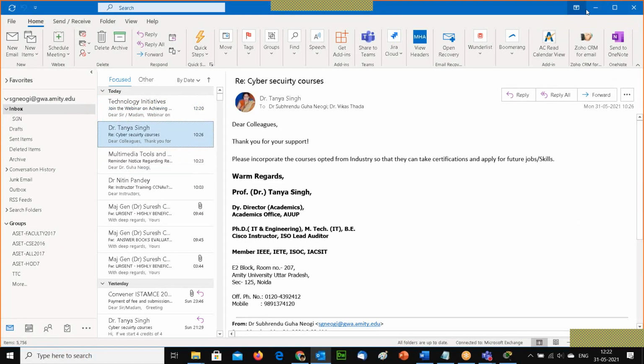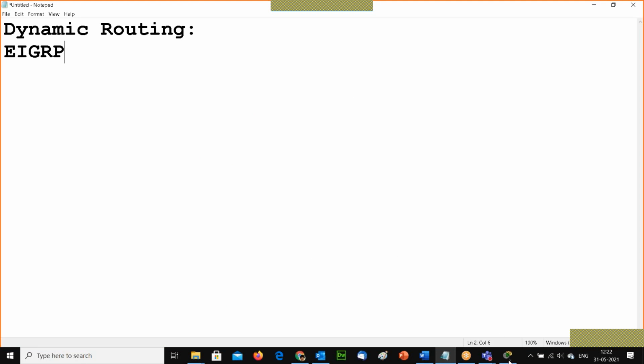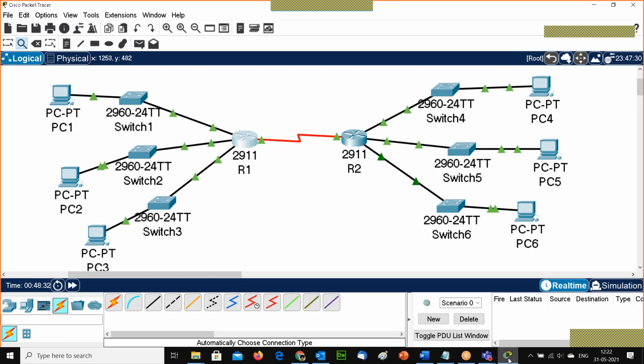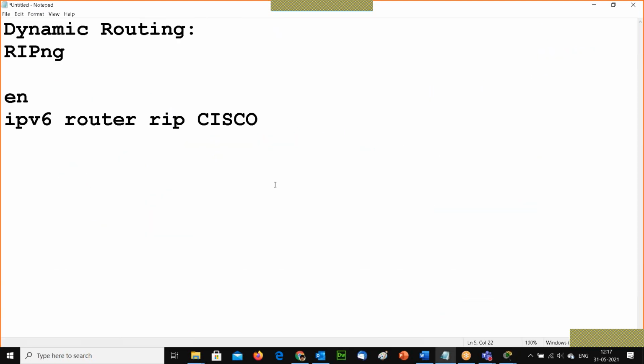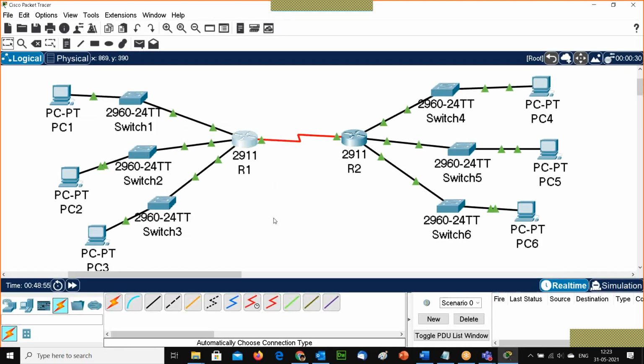Now I am going to cover the next routing protocol, that is EIGRP. I'll just cover EIGRP and then move to OSPF. There are advantages and disadvantages of EIGRP and OSPF.